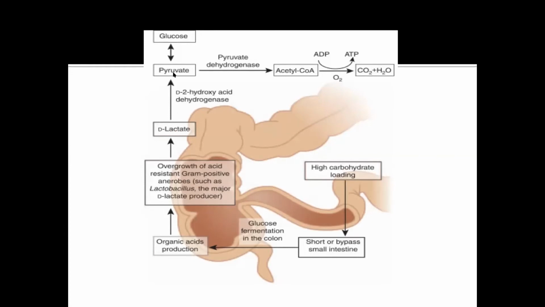Normally, the liver will process those to pyruvate and then glucose. But in patients with short bowel syndrome, a very high amount of D-lactic acid is being formed. It's overwhelming to the liver, which cannot deal with it. Besides that, their liver is probably not in its best shape. They have ongoing liver disease related to the TPN. So this will result in high D-lactate in their serum, which goes across the blood-brain barrier and causes encephalopathy.